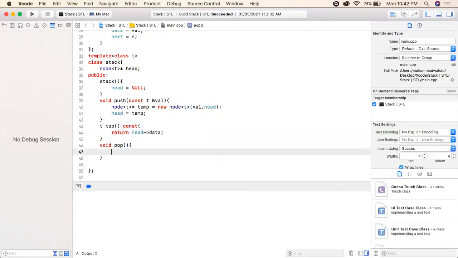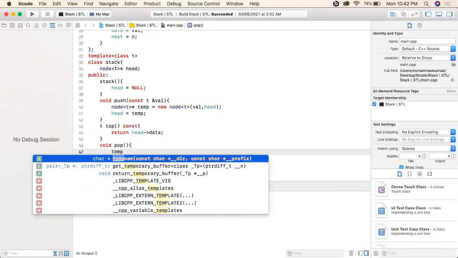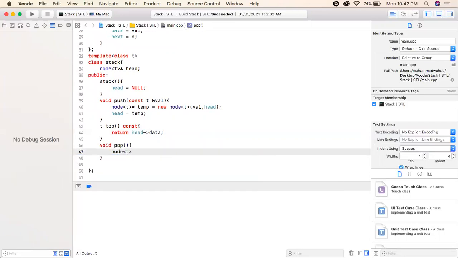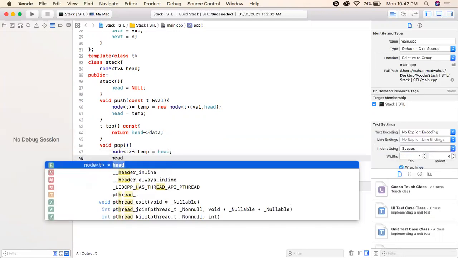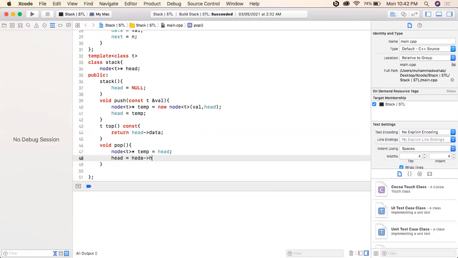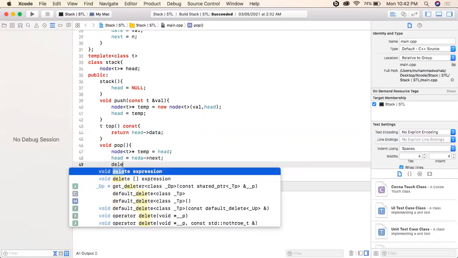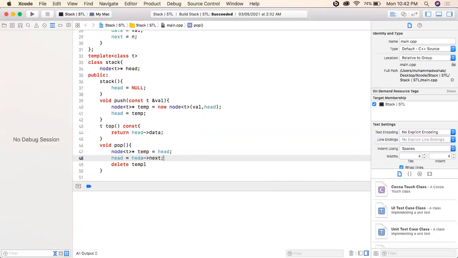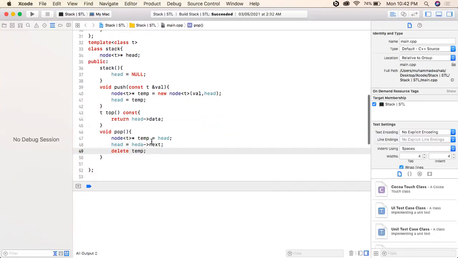So I will create a temporary pointer and assign it head. Now I will move the head to the very next part of the head. Now if I delete the temp,